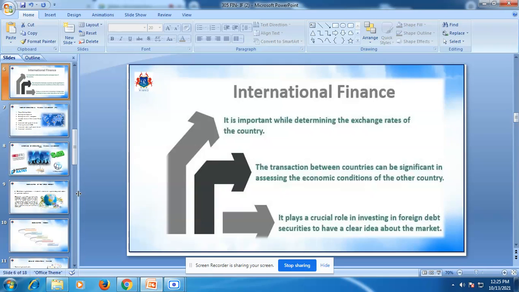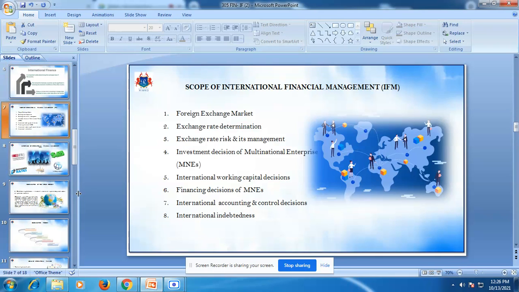Four facts to understand the concept of financial management in India. So, first is foreign exchange, then political risk, market imperfection, and the last one is enhancing the opportunity set. This is all about the introduction and definition of international finance. We will move to the next part.